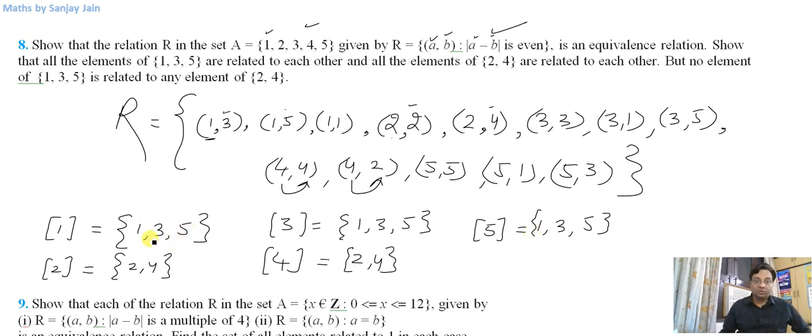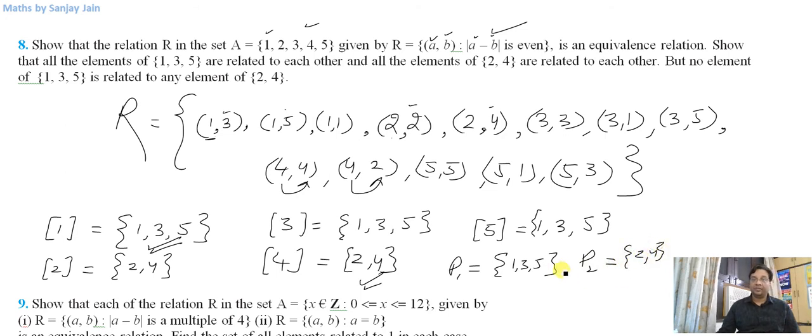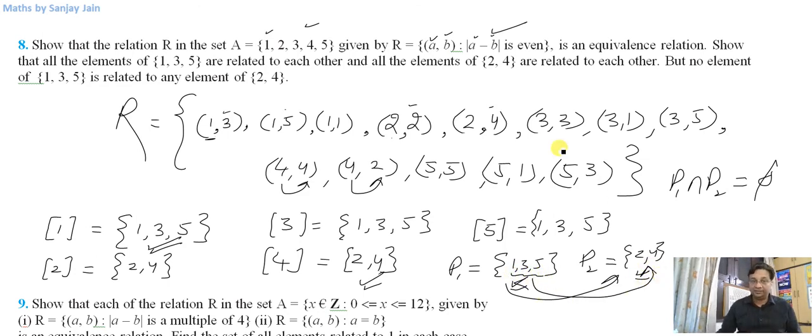Now if you see, I have got two partitions, one containing 1, 3, 5 and the other 2, 4. So there is one partition which is {1, 3, 5}, and another partition or subdivision that contains {2, 4}. Obviously the elements within each are related with one another, and there is nothing in common between these two, so they are not related with one another, because the intersection of partition 1 and partition 2 is an empty set, as no element of this partition is related to any element of the other partition. That is why these are partitions. I hope I have explained it enough for you to understand.